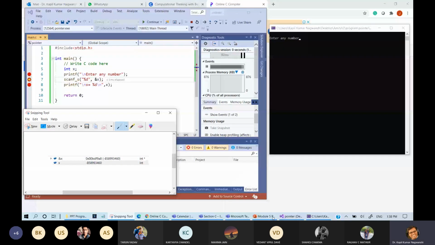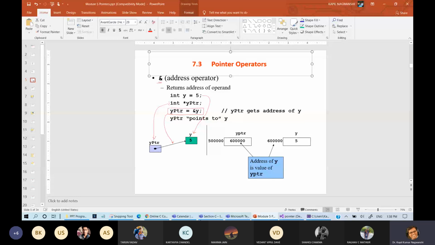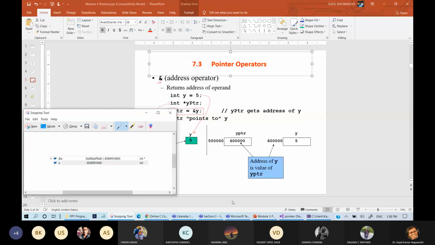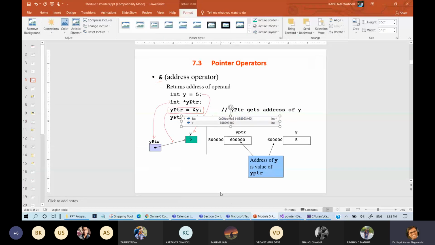So here I am pasting this with Control C and Control V. This is given in programming practice: address of x, address of y.